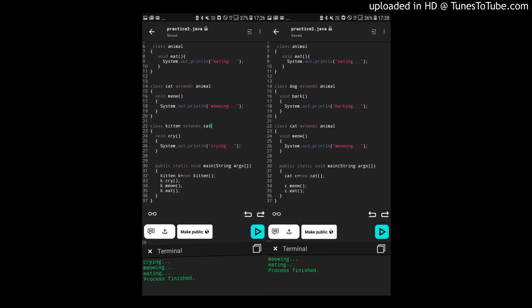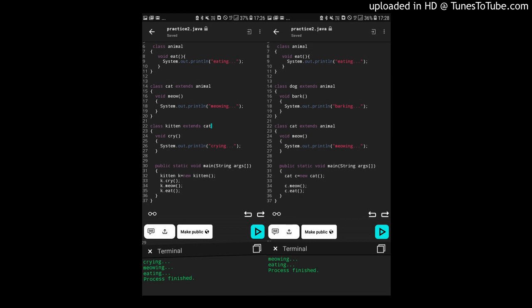Suppose we have a class named animal, and suppose it has a method called eat which prints out eating, and there is another class called cat which extends this animal class, and a function it has is void meow, and it prints out meowing.